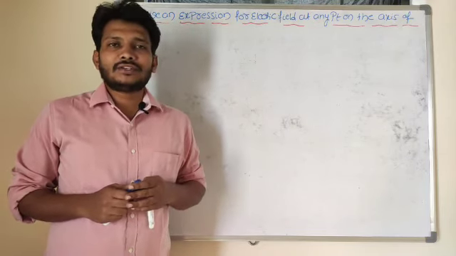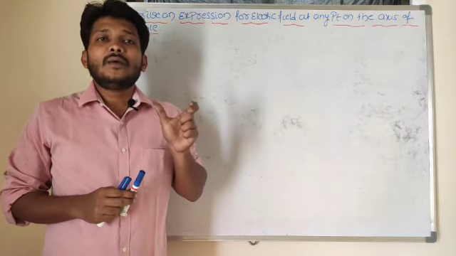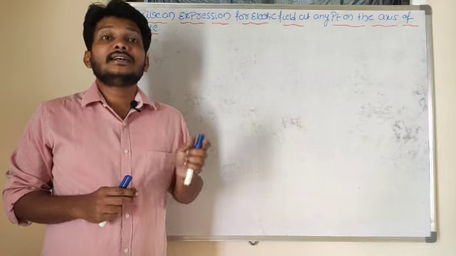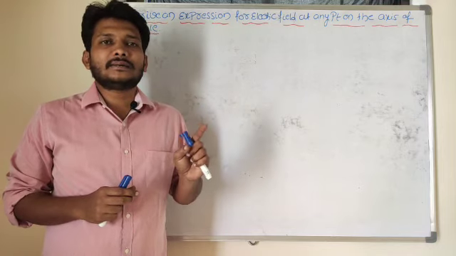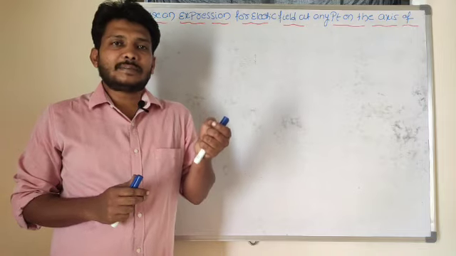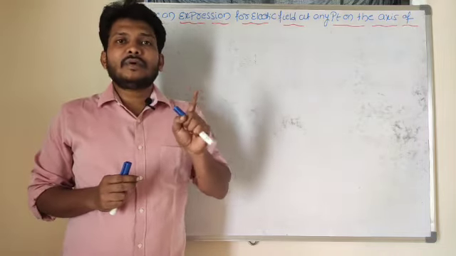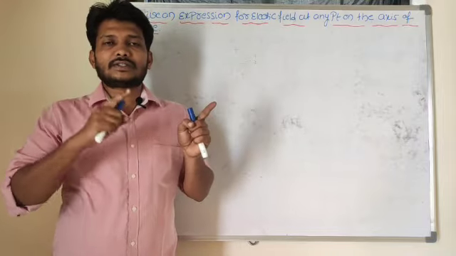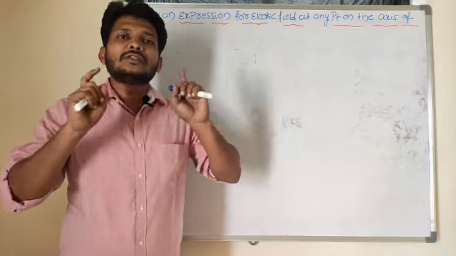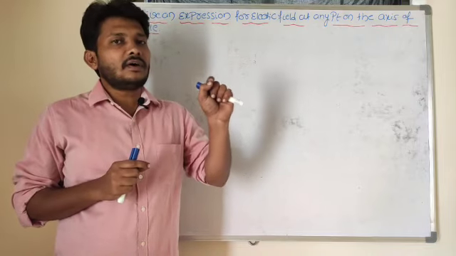So in a previous session we discussed electric dipole and dipole moment. What is an electric dipole, I said? An electric dipole is nothing but a pair of equal and opposite charges separated by some distance. The net charge on the dipole is 0. Why? Because one is plus q and another one is minus q, so the total charge will be 0, but I said that the field is not 0.